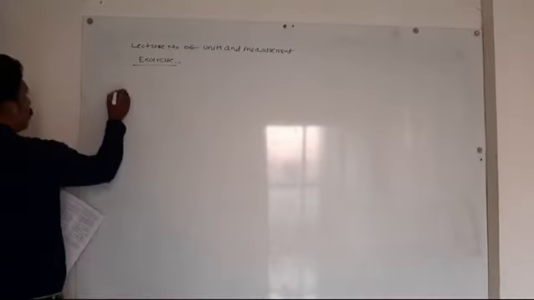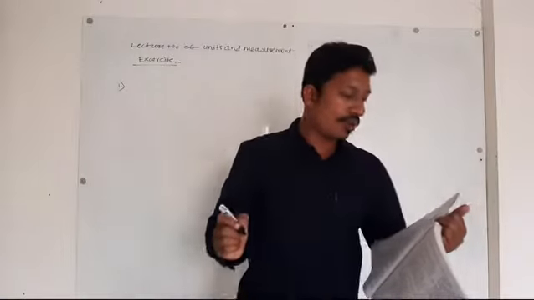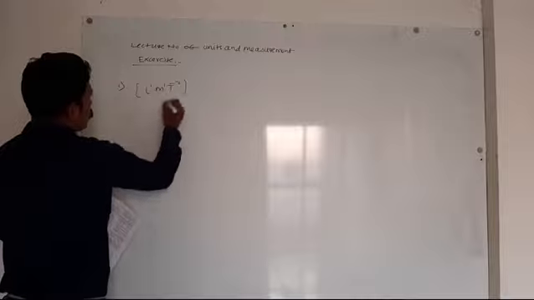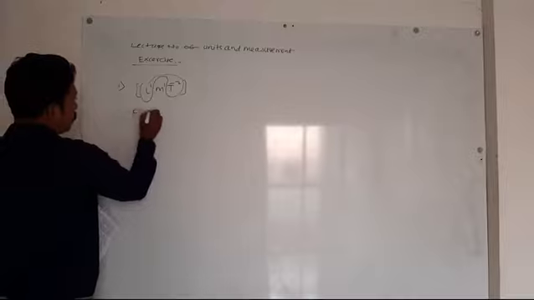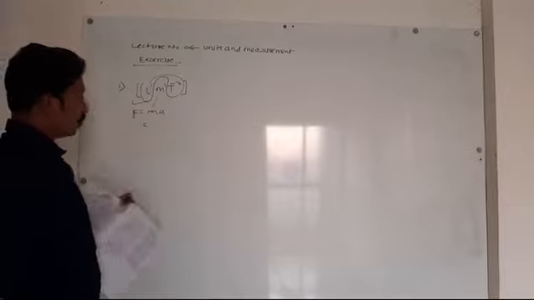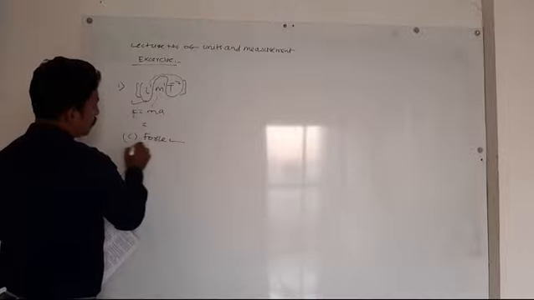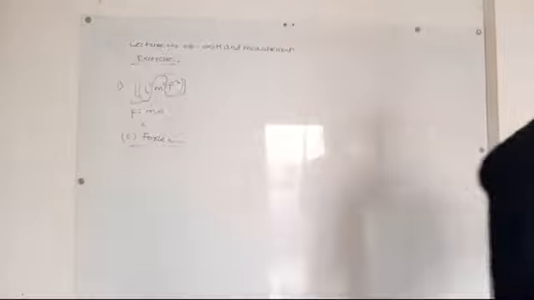Students, okay, first question. L raised to 1, m raised to 1, t raised to minus 2 is the dimensional formula for what? This dimension is the acceleration, right? What is force? Force is mass into acceleration, right? And this dimension is mass. Therefore, this dimension is force. Which is the correct option? Option number C. Force is the correct option. Understand? Question number 1. Okay.